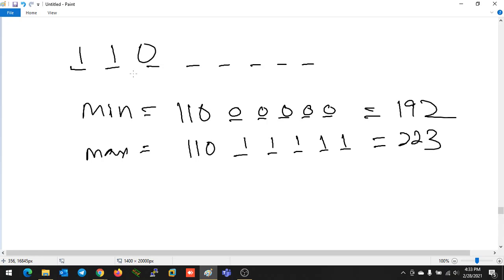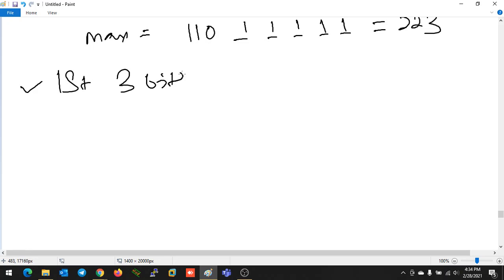When you enter an IP address, the device will check the first bit, finding 1, then it will check the second bit, again finding 1, then it will check the third bit. So the device will get to know the first 3 bits are 110, which means this is a class C IP address.